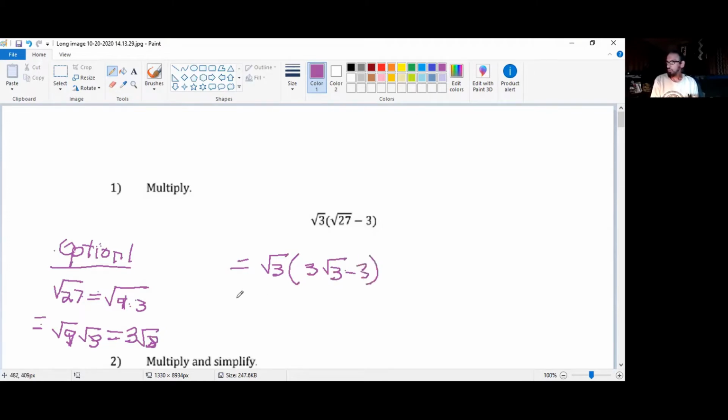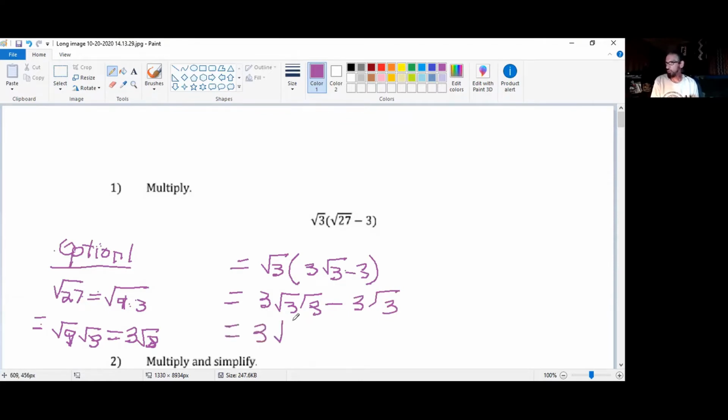When I do that distributing, parts that are outside of a square root, I'm going to put in front like a coefficient. So distributing square root of 3 to 3 square root of 3, putting the 3 outside in front. Same thing for this. The square root of 3 times square root of 3,